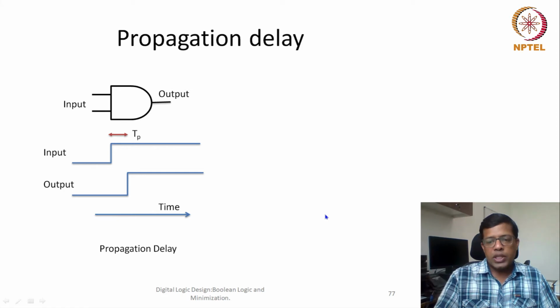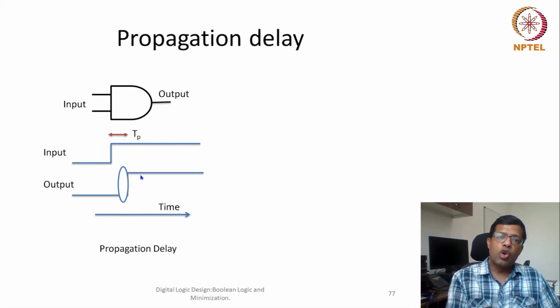One more thing here: the output will start changing after some time, so there would be some uncertainty for this period. In this period, it is sometimes possible that the output goes from 1 to 0 to 0 to 1, but it gets stabilized after some time. So we say the latency or propagation delay is the maximum time after which the output will not change, given the input has stabilized. That's the propagation delay of a particular gate.